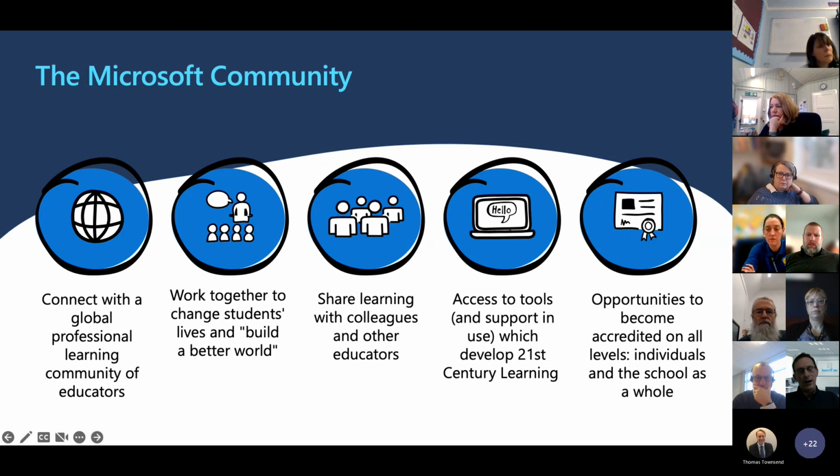But at the same time, you get those platforms to go and meet up together. And increasingly, I know that Microsoft are desperate to get back to face-to-face. One of the areas in the UK where Microsoft will hopefully have events this year is that they've got a national store, and I appreciate not everybody is based around London, but their main store is on Oxford Street in London near Oxford Circus, and above that there are some training rooms. I know that some of you are geographically challenged to get to that, but there'll be some face-to-face events in other areas of the country. So I know they're looking at Birmingham and Leeds as well. So you won't always have to travel to London.